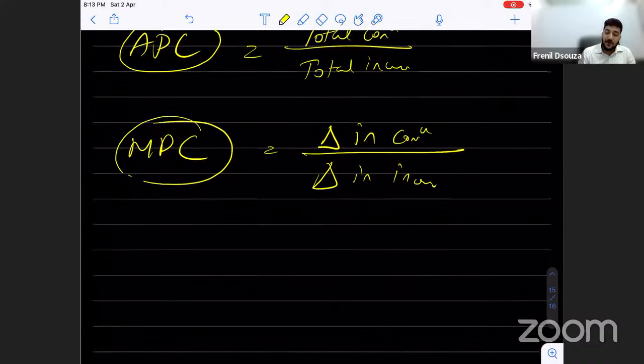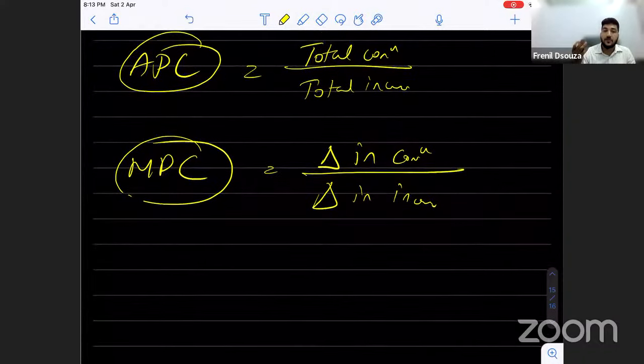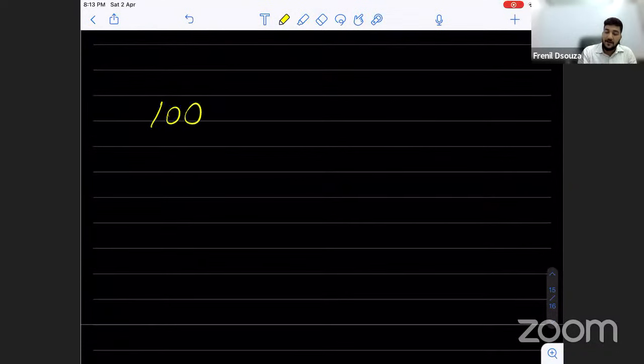And with that, we also learned another two formulae with regard to savings. Just like how there is a consumption function, there is also a saving function. You should understand this. If I receive 100 rupees as revenue, what am I going to do with it? Imagine that I give you 100 rupees and that became your income. What are you going to do with it? Either you're going to consume it or you're going to save it. What else can you do with it?